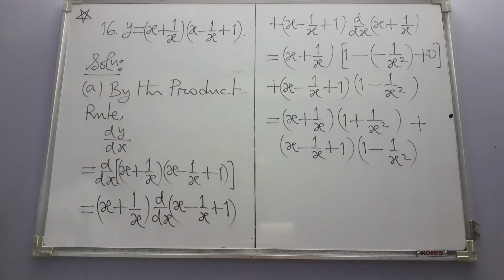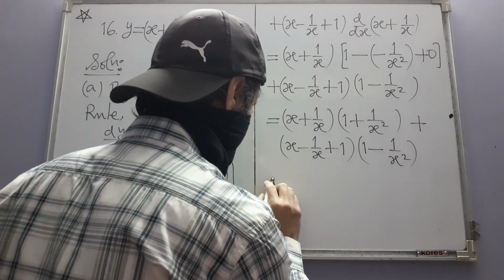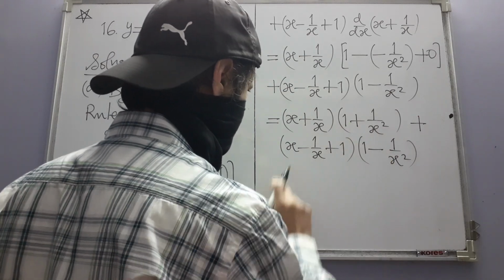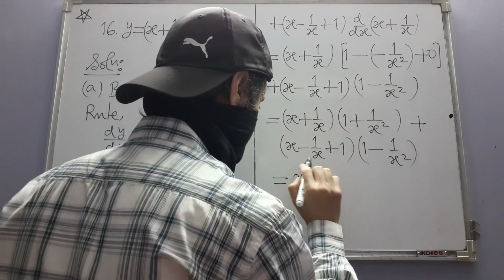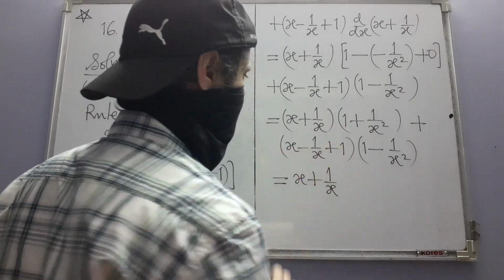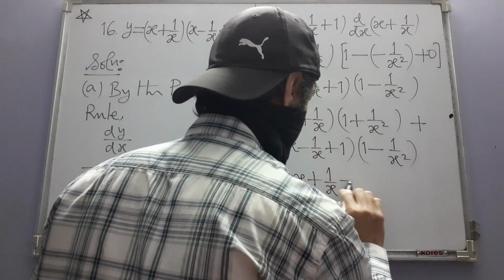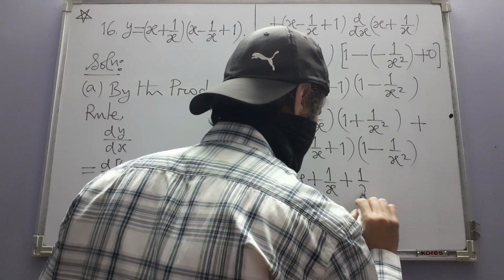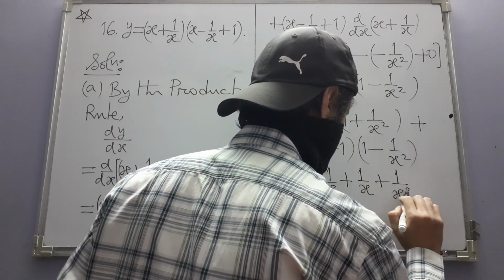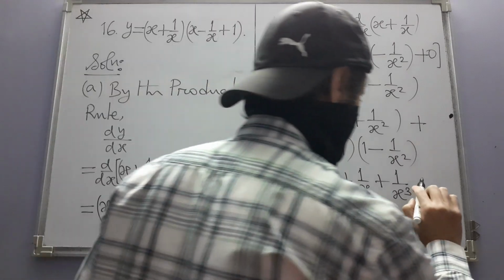This time let me do the calculation, and let me see what we get ultimately. If we do multiplication, say we are going to multiply these terms by x, that will get us x plus 1 over x, and then by 1 over x, plus 1 over x plus 1 over x cube, plus,